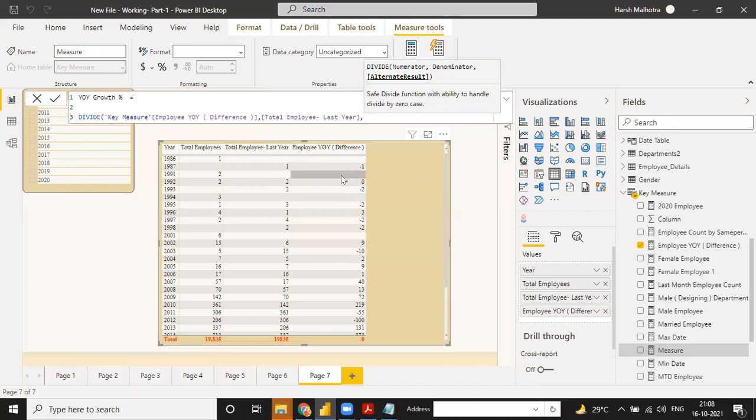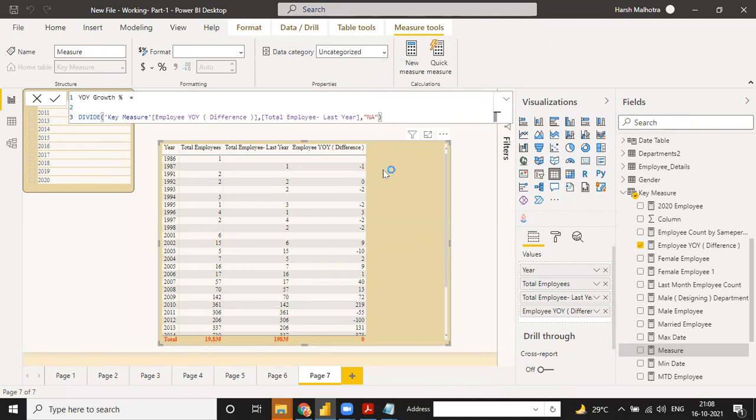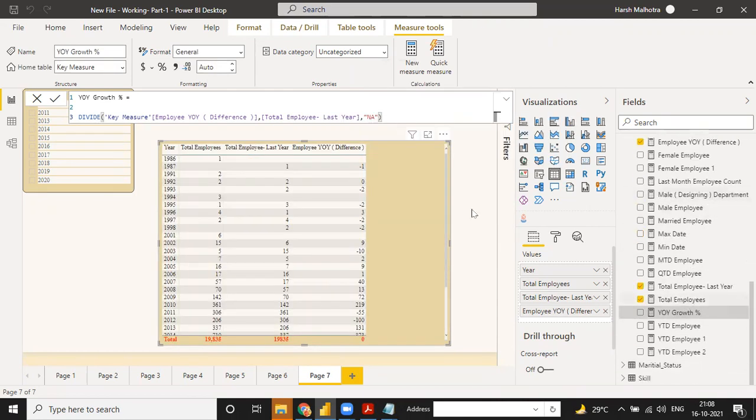I will show you in just 1 minute. Suppose right now I need here 0, or we can write NA. Why do I need this? Suppose I click on enter and then go to this YOY growth.